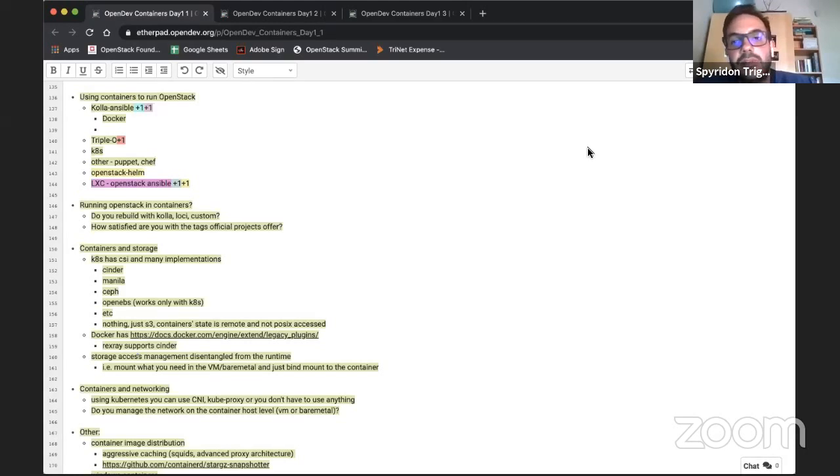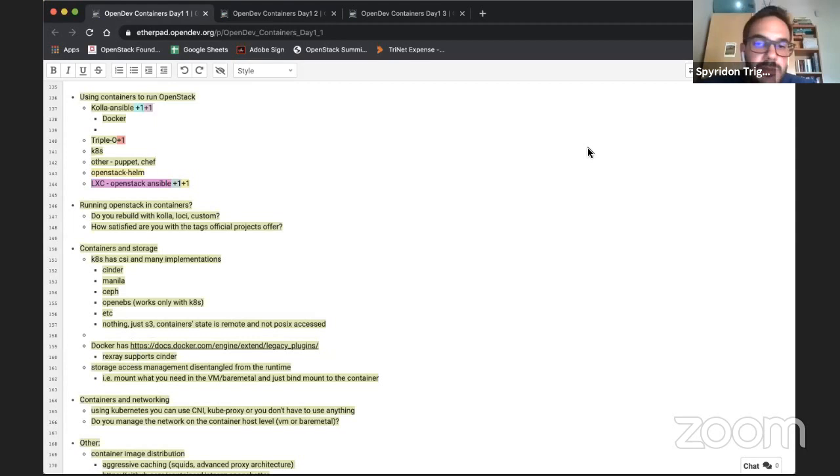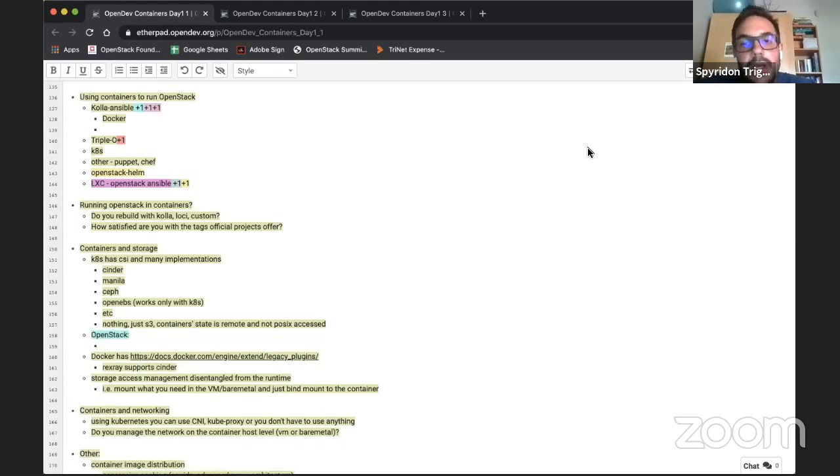But even without it, we have the Docker plugins. Cinder as well has at least one plugin. I think it has two. One is part of Rexray and one is part of Fuxi. And